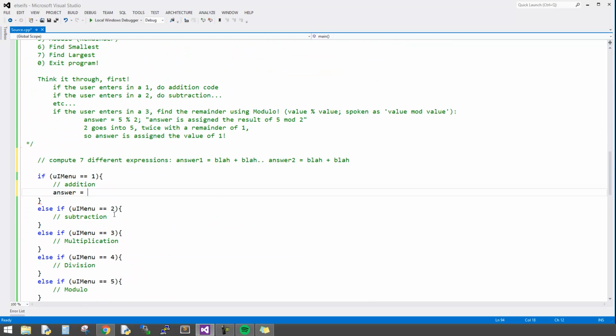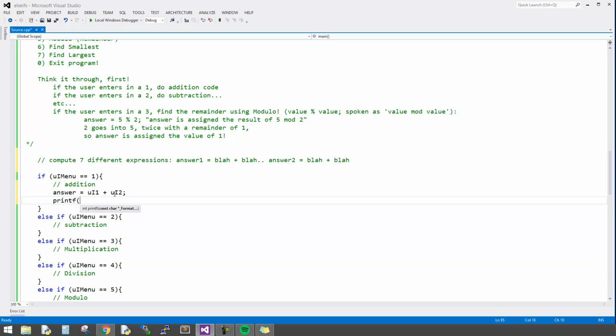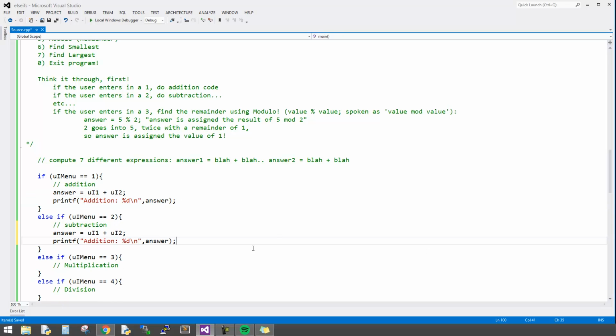So we're going to get down to here, so we'll just say UI1 plus UI2. That is our addition, and then we're going to print out the answer. I'm going to say which one we got into, and I'm just going to present the answer for brevity's sake. Okay, I'm going to do that, and it's going to be similar across the board, except it'll be minus, and